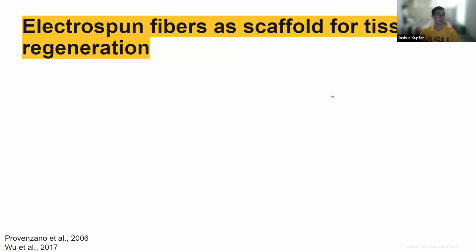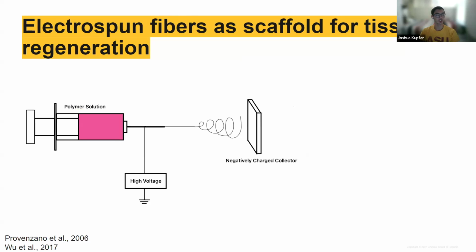What our work uses are electrospun fibers to mimic the fiber structure of bone in order to regenerate the tissue. Electrospinning uses a polymer in solution being extruded through a needle while simultaneously applying a high voltage to the solution. As the solution exits the needle tip, it is drawn to a negatively charged collector, and while the solution flies through the air, the solvent evaporates, while the polymer elongates into a long and thin fiber on the micro to